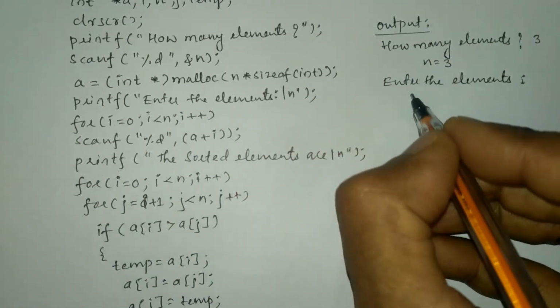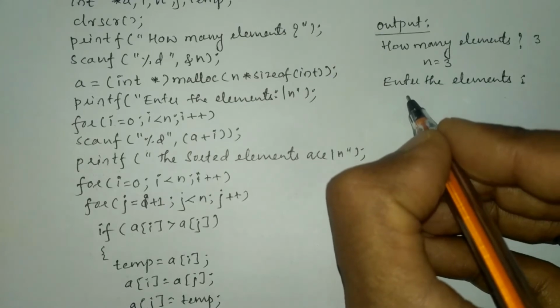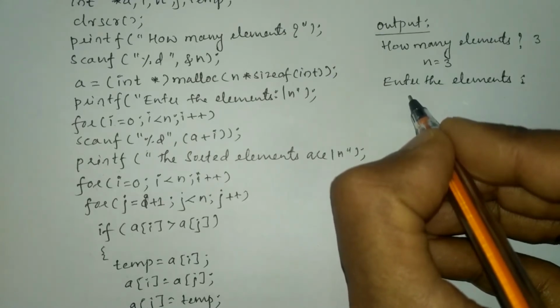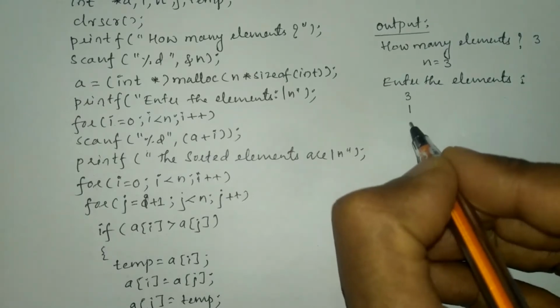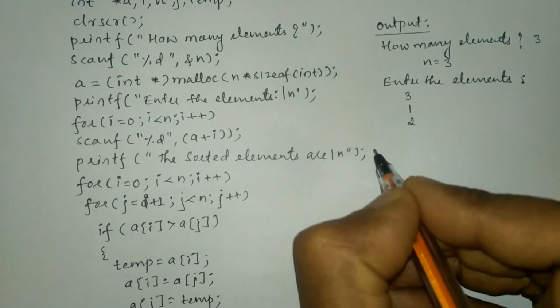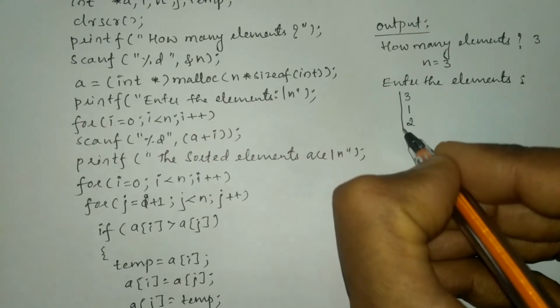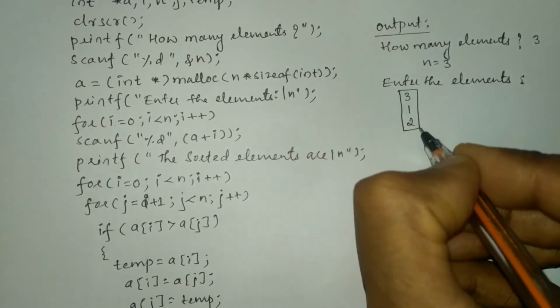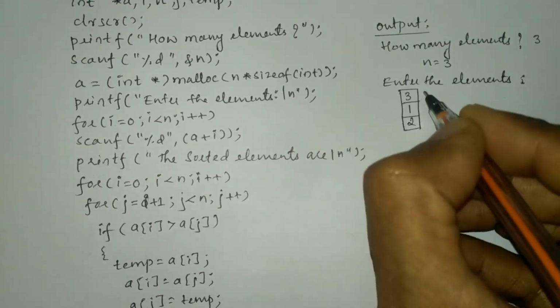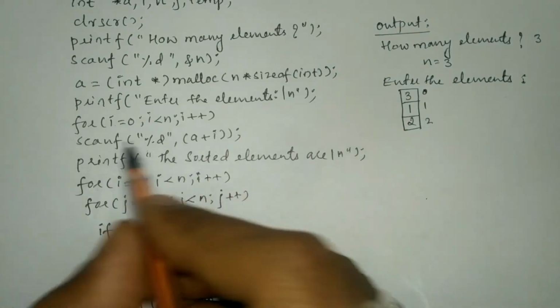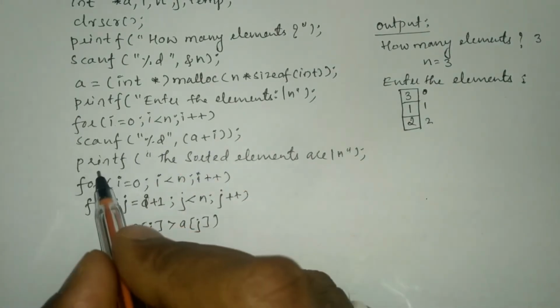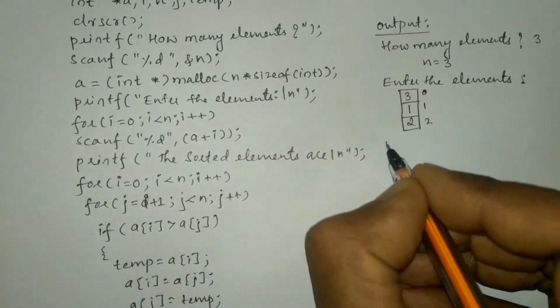For example, I'm going to enter numbers in random order: 3, 1 and then 2. So it will be stored in the form of a one dimensional array with subscripts 0, 1 and 2. So after inserting the elements, the sorted elements